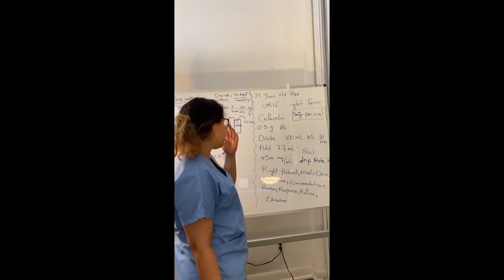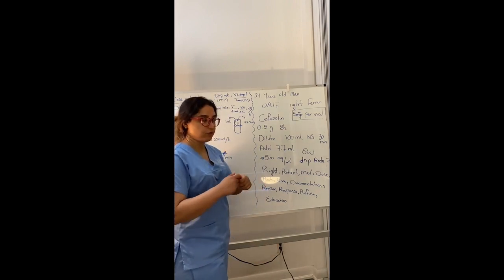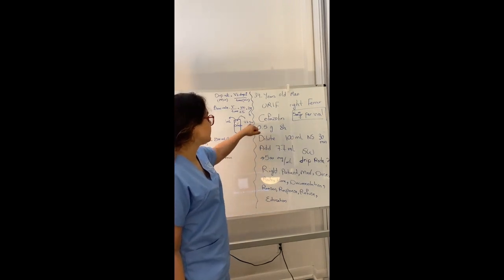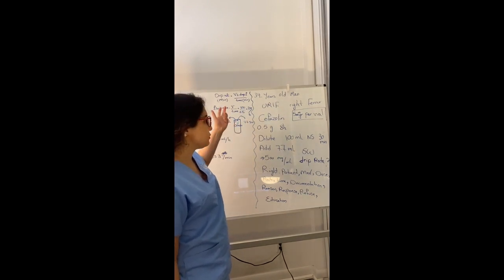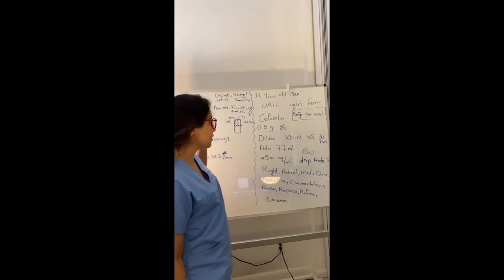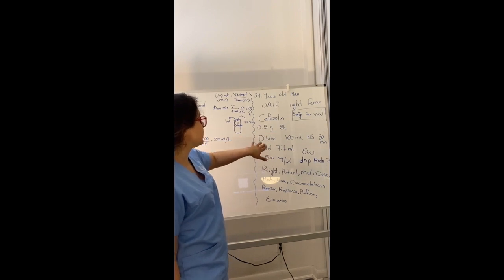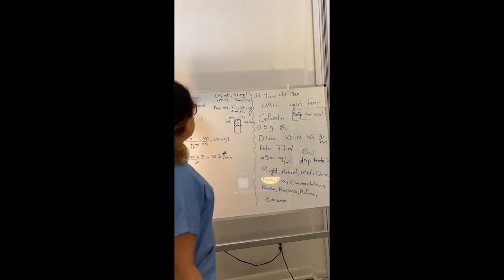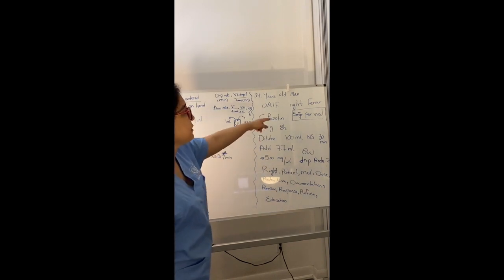So for that one, I have to see how much I have to remove from the vial if I add 7.7 sterile water to the cefazolin. As mentioned, the vial has 500 milligram per vial. So the dose that is ordered is 0.5 gram. The dose on hand is how much I have.